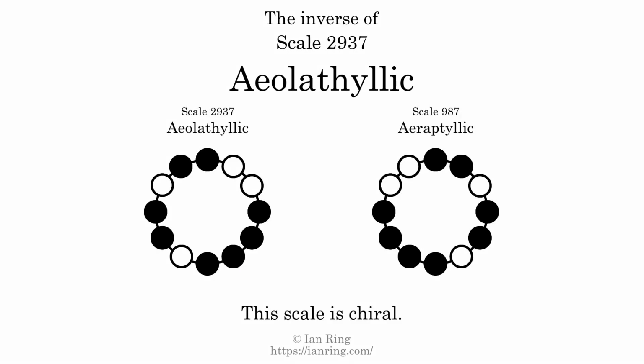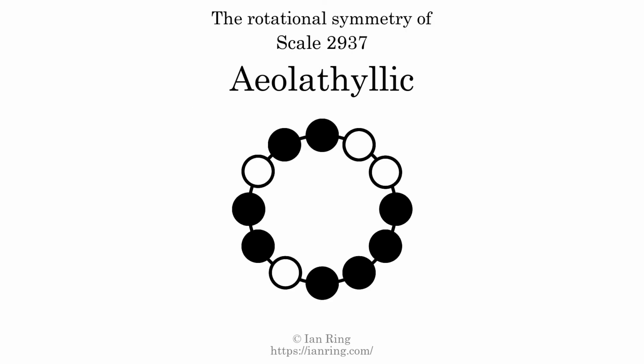The inverse of a scale is a mirror image. It is what you get when the sequence of intervals is reversed. The inverse of this scale is scale 987, also known as Aeolathyllic. This scale is chiral. It cannot transform into its inverse by rotational transformation. This scale has no rotational symmetry. For even more detail about this scale, visit